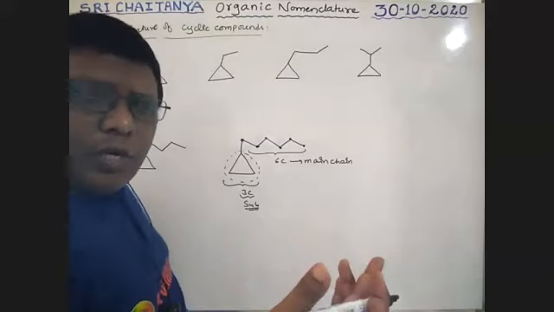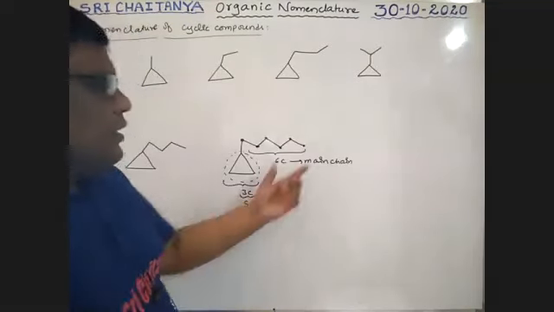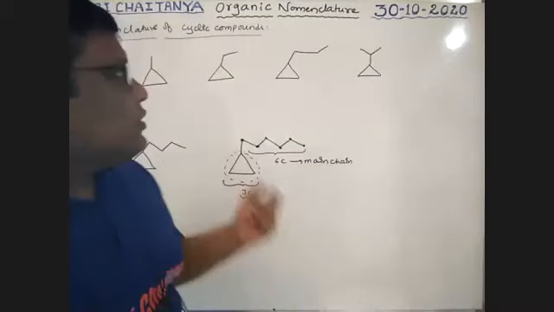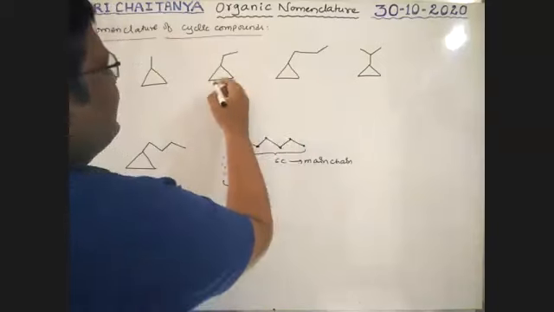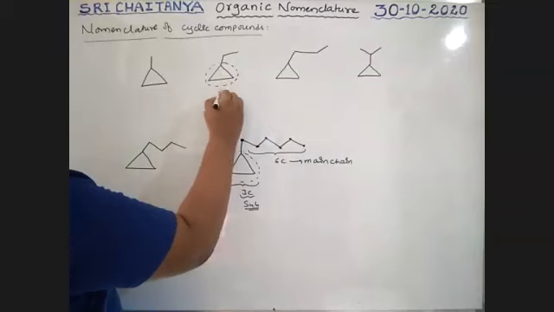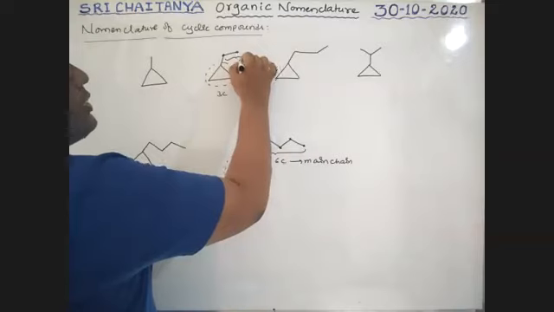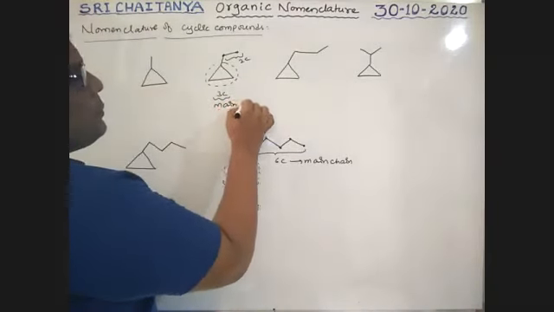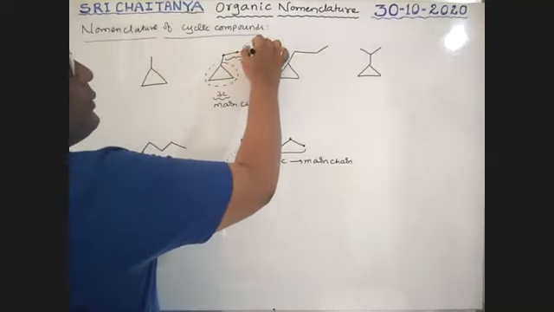Whichever has the greater number of carbons should be the main chain. Here a 6 carbon chain, and the ring is a 3 carbon ring. See here, let us take this one. This ring contains 3 carbons, and the side chain contains 2 carbons. Therefore, the ring is the main chain, and the side chain is a substituent.